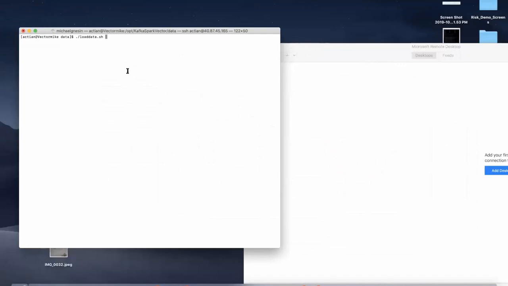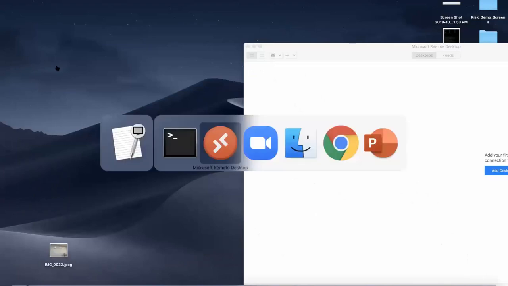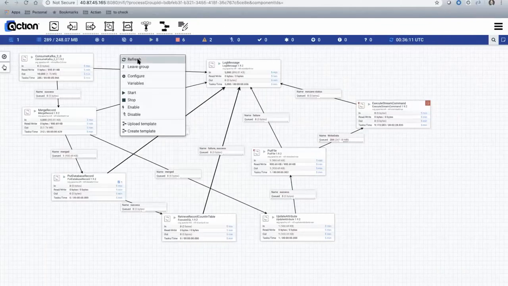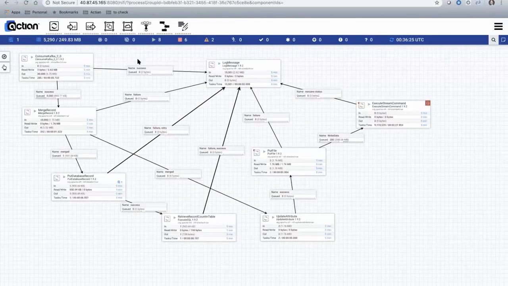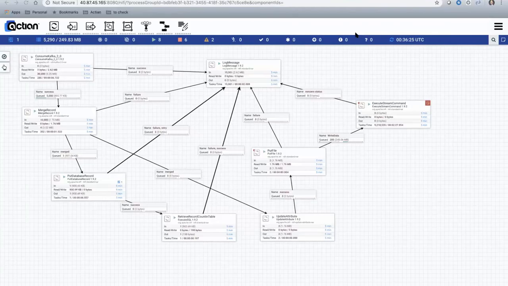This command starts streaming. So we now have data in Kafka, and we will look at this data in the NiFi workflow. If we refresh this workflow, we can see the data now coming through the pipe, and after a short while, it will show up in Avalanche. Let's stop the recording for a few minutes.